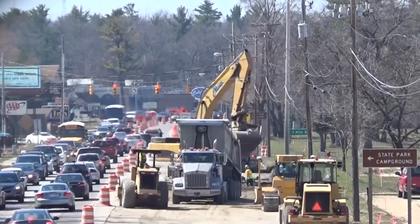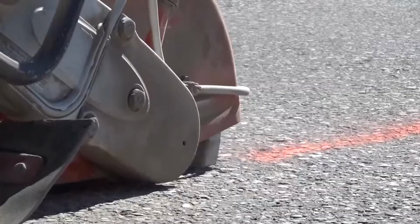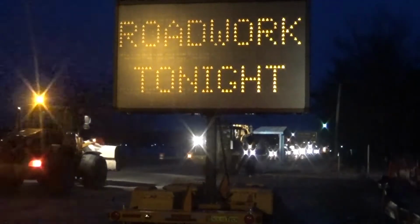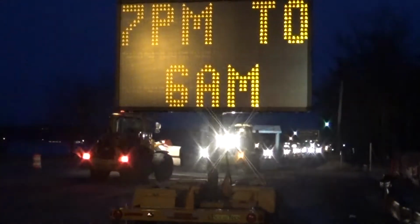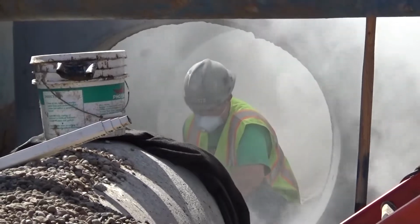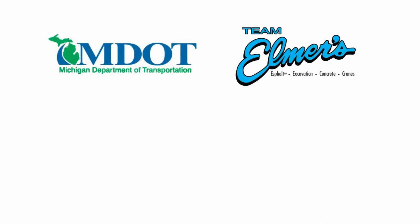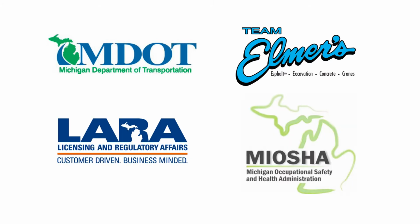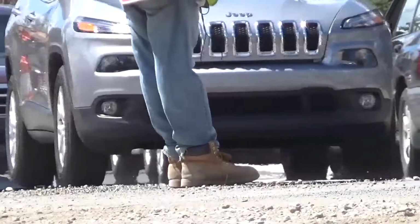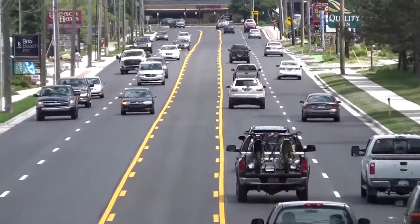We're back on US-31 in Traverse City, Michigan, picking up where we left off earlier this summer for Phase 2 of the project. If you recall, Phase 1 involved a total 1.56 mile reconstruct of the existing roadway, and although the reconstruction portion was a massive undertaking, careful coordination between MDOT, Team Elmer's, LARA, MIOSHA, subcontractors, area businesses, and the general public made Phase 1 a huge success, opening up all 5 lanes to the public 16 days ahead of